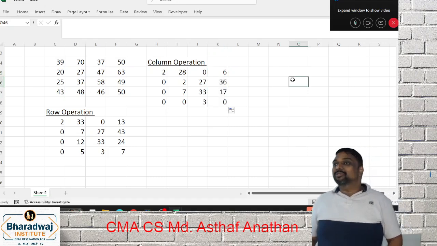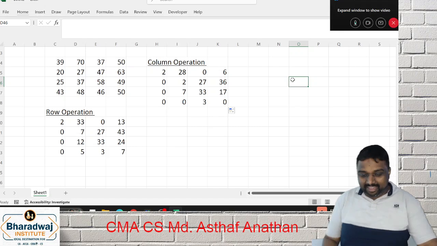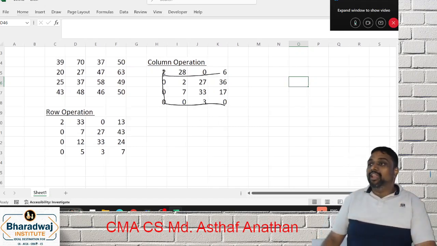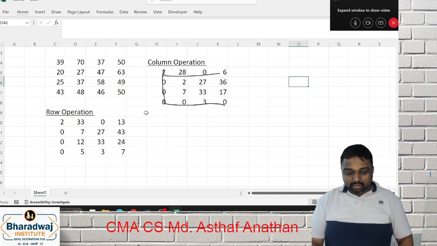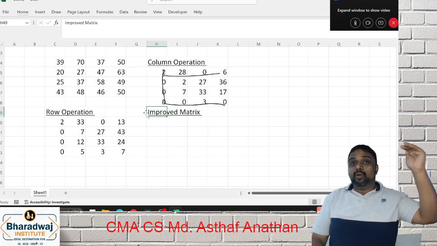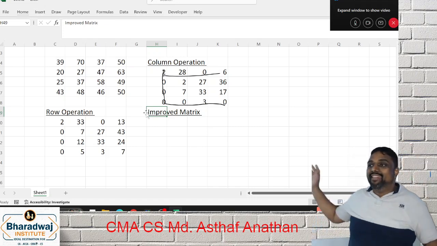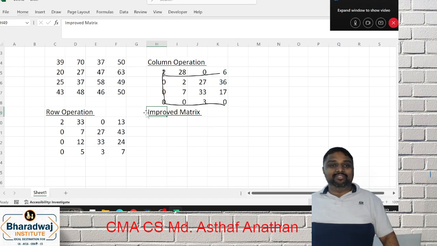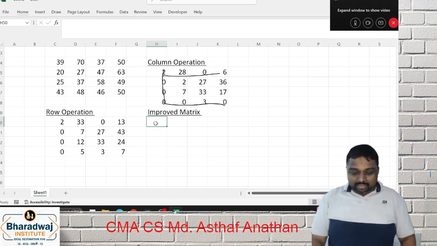Now we have to cross all the 0s with a minimum number of horizontal or vertical lines. However you cross, you will take only 3 lines. So you have to go for what? The improved matrix. See the level of standard of what we did in our regular section and in this previous year's question; you will be able to understand how questions are tested in the exam. For the intermediate level, they are asking only at a very base level. So now you can proceed with the optimality.